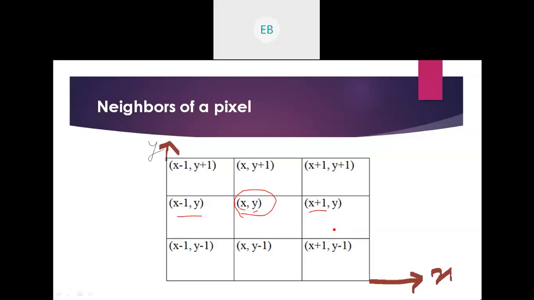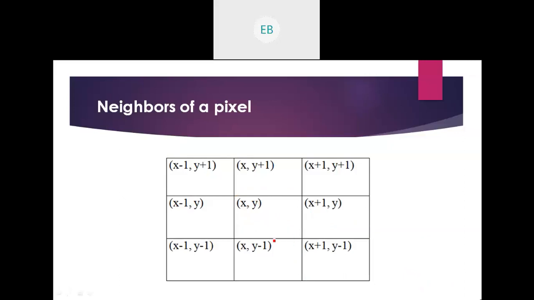Considering that you already know about these directions, just know this is the x-axis, this is the y-axis. I'm taking this as my center point. This will be x plus 1 because the distance between any two adjacent pixels is 1. So plus 1, plus 1, plus 1, it goes on like that. This is the negative direction, so it is x minus 1. Same thing when I consider y and keep x constant. Going in this direction, this is y plus 1, then y plus 2, y plus 3, y plus 4 and beyond. When you go downwards, this is y minus 1, then y minus 2, minus 3 and so on.